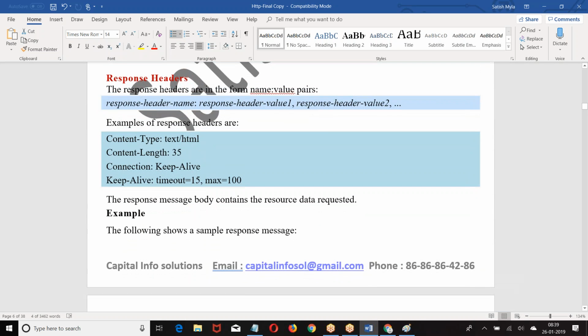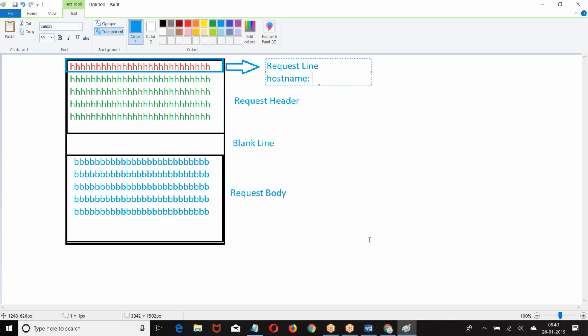Then they are going to have the header. When I am giving a response, I am telling you, boss, I am sending you a response in the form of JSON, or in the form of text, in US English, with the encoding format of XYZ. So it will define the properties of the response I am giving. Are you clear about this? So overall, how is it going to be?